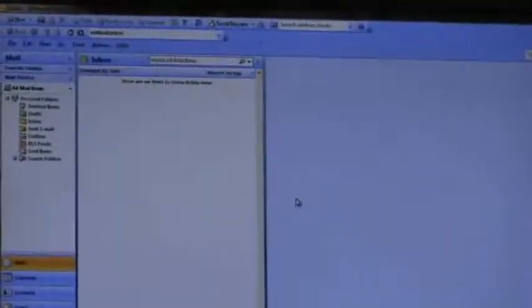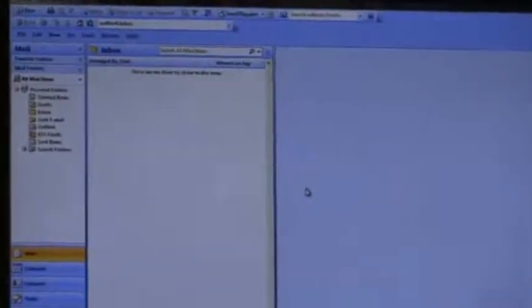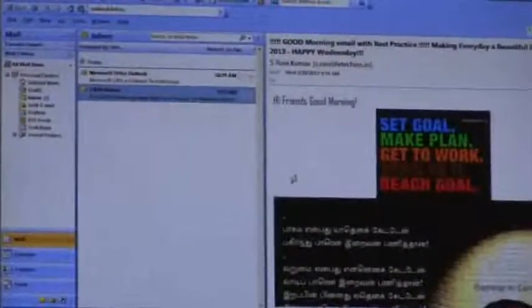Now I have configured our common mail. Now I will show you how to create a PST file.